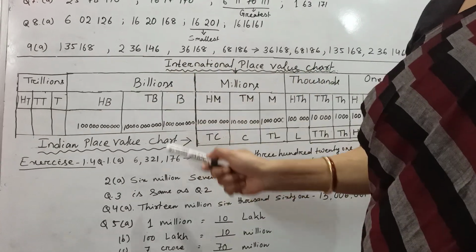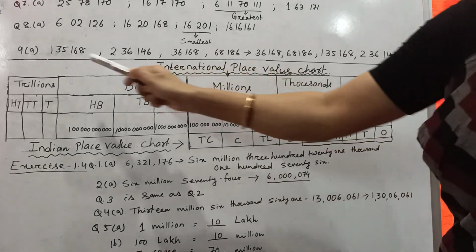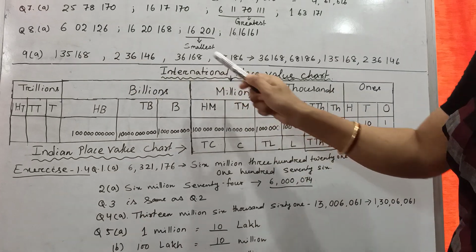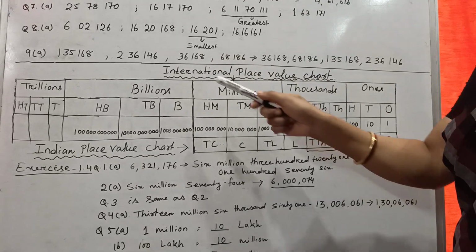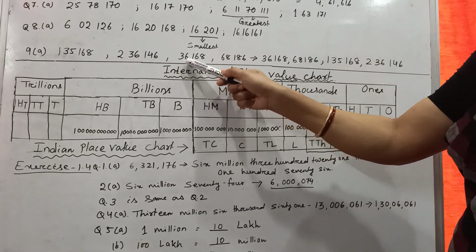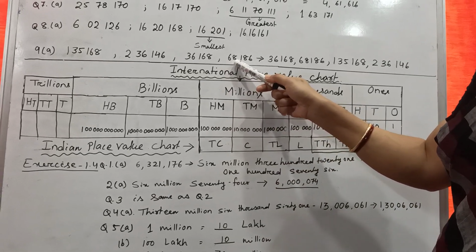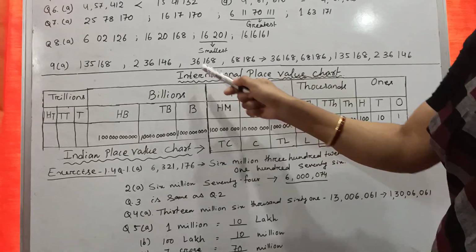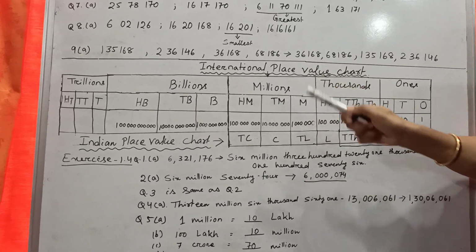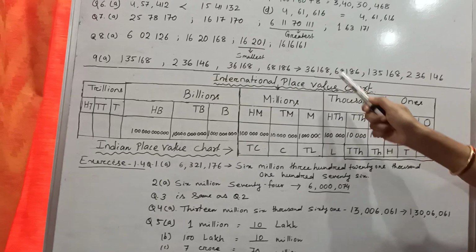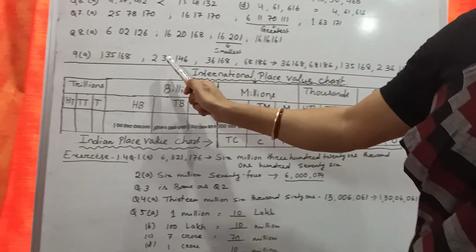Here 6-digit number. Here also 6-digit number. 5-digit number. 5-digit number. So these two are 6-digit numbers and these two are 5-digit numbers. Now these two 5-digit numbers, first you compare. Here the 1000 place is 36 written. Here in the 1000 place 68 is written. So which one is the smaller? This one. First you write 36,168. Then second, this one, 68,186.